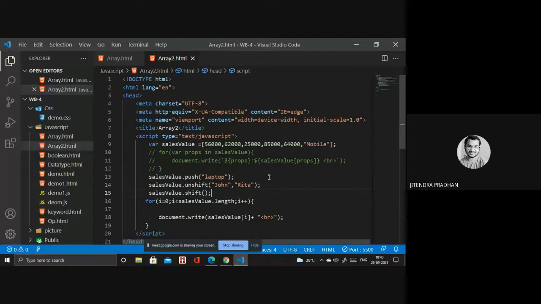So what is unshift, shift, and the push method? Because if you don't have clarity about that, you cannot give the answer of what the output is. So you have to remember what the push method and the unshift method are. We will discuss the shift method later as well. I will show you how it works and what questions you will get in future. Next we have the splice method. I will show you that one as well.